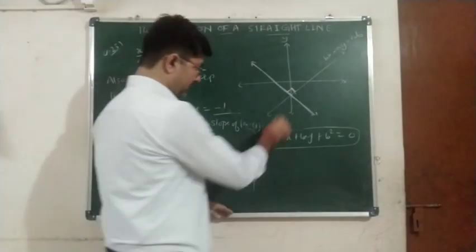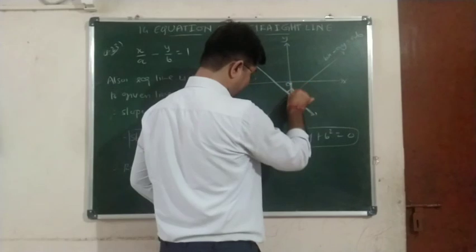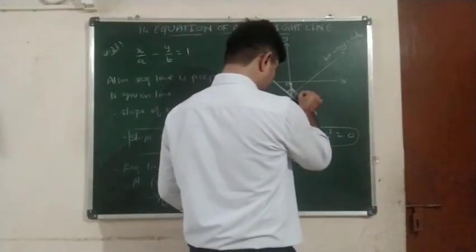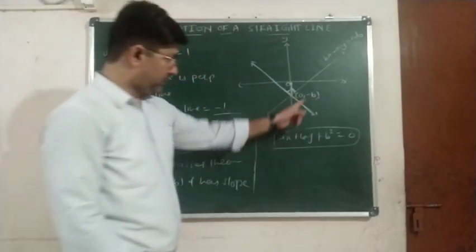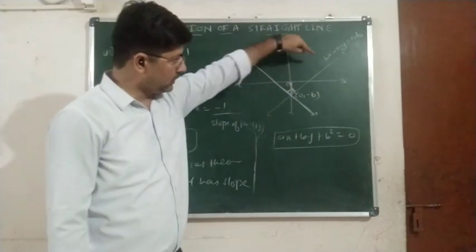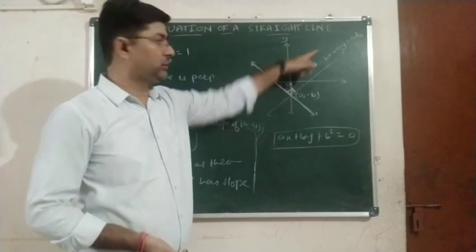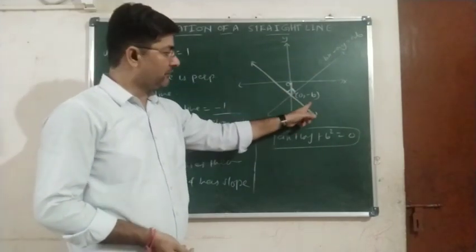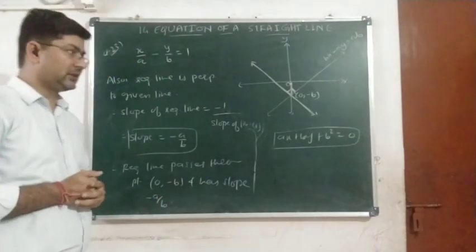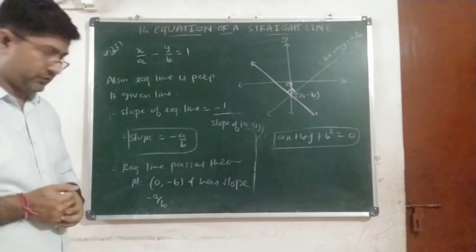Clear? So obviously from the origin, this is the length of the y-intercept, and the y-intercept we got to be minus b. So this point will be (0, minus b). So this point lies on the required line. Further, the two lines are perpendicular, so if you calculate the slope of the given line, then take its negative reciprocal, you will get the slope of the required line, and one point is also given. So we can use the point-slope formula as we have done in this case. Clear? So this is the rough diagram for the given question.